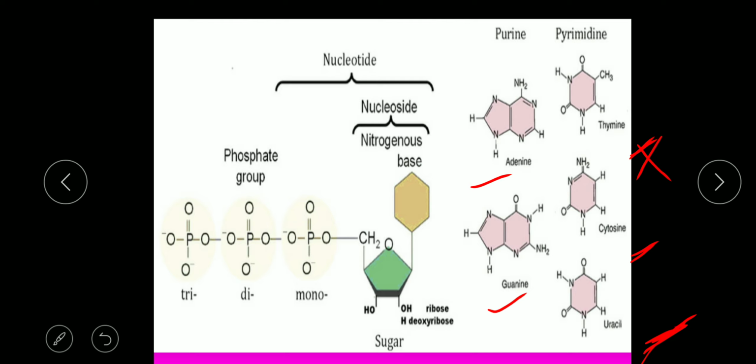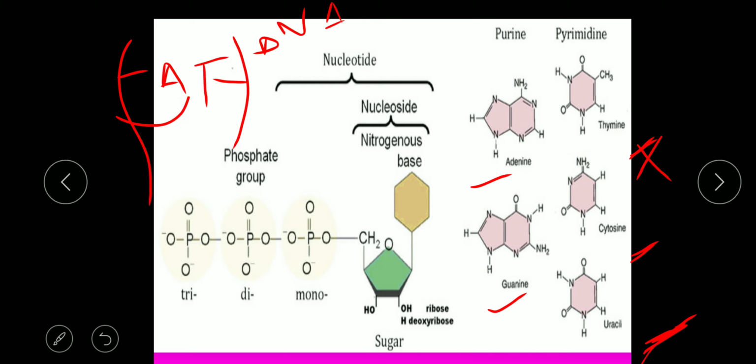So now I said in the previous slide that these two strands are complementary. So if you know that adenine is there on one strand of DNA, what should be the base on the opposite strand over here? If it is DNA, what will you say? That T. So by knowing one strand's nucleotide or nitrogenous base, you can identify which base will be there in front of it. So these two strands are complementary to each other in this way.